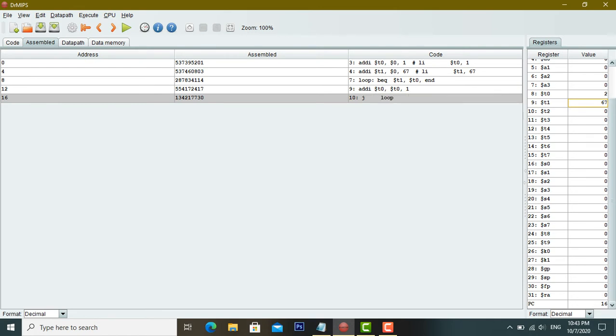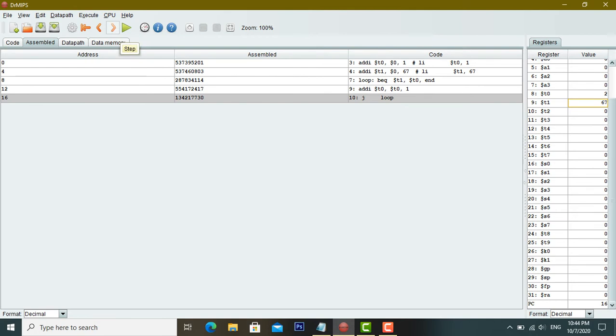So here we can see that the program counter is 16. Logically the program has ended all the instructions, but here we have the jump instruction in our last statement, so it will jump to the loop keyword that is here on the instruction address number 8.